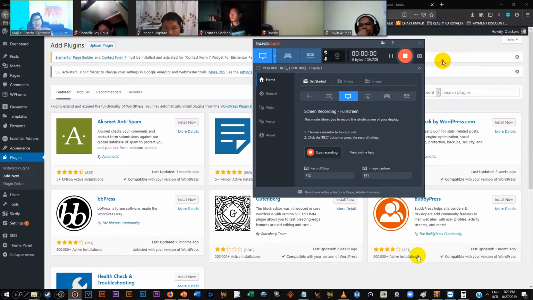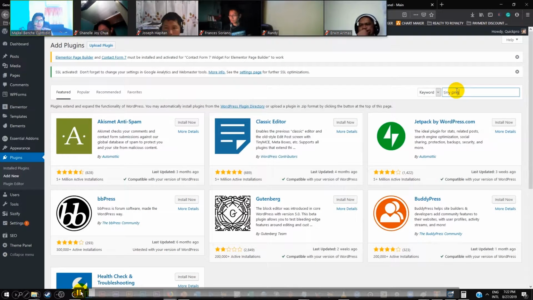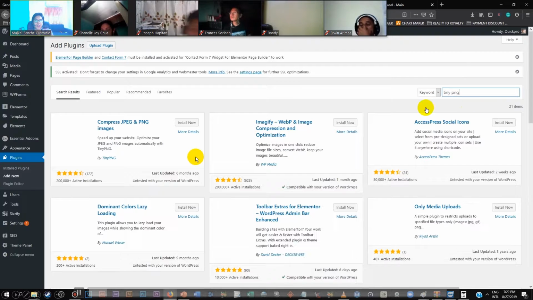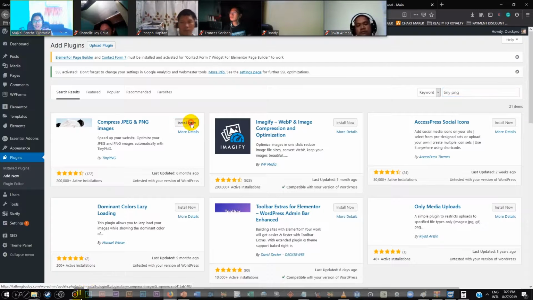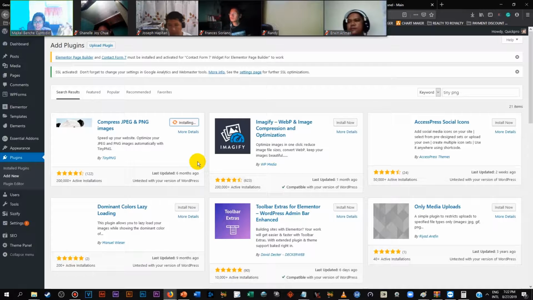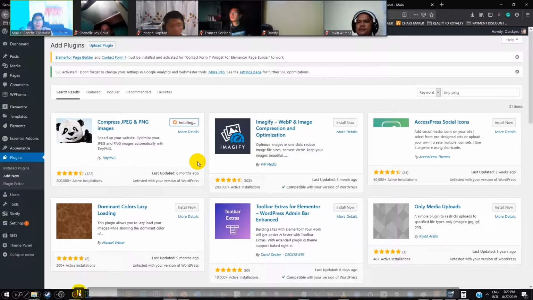Okay, and the next plugin you install, guys, is Tiny PNG. Just search the word Tiny PNG and you're gonna find this panda. The first plugin, which is yung resmush, is gonna optimize the small images. This one, yung compress JPEG, is gonna optimize the large-sized images para your website has no big-sized images.